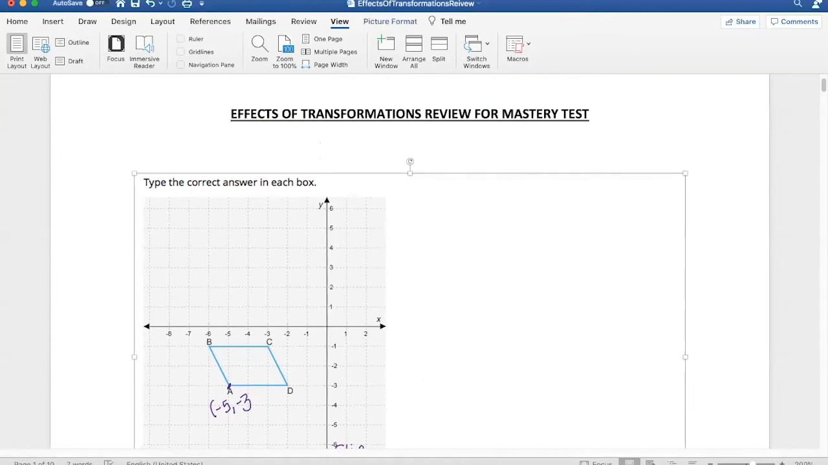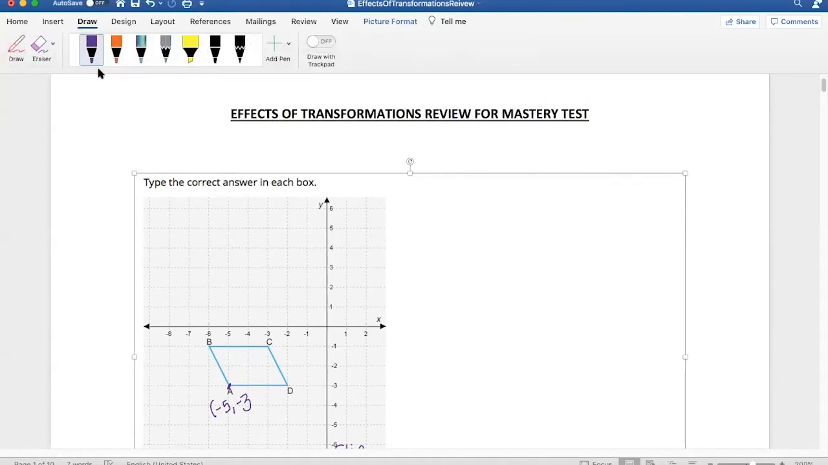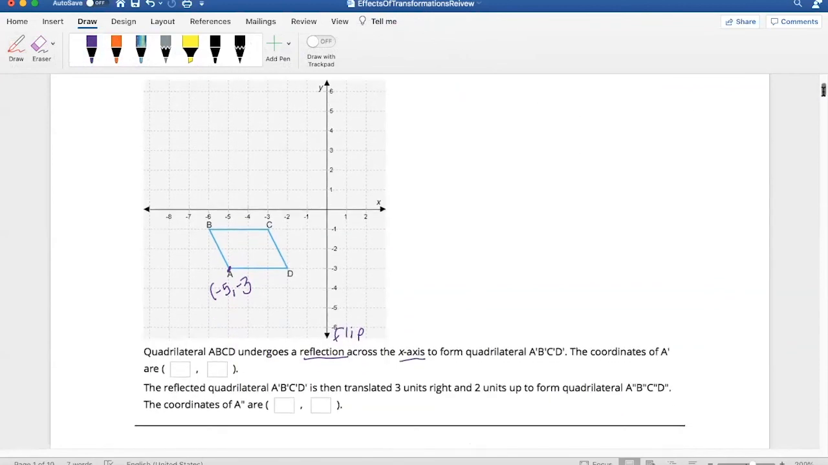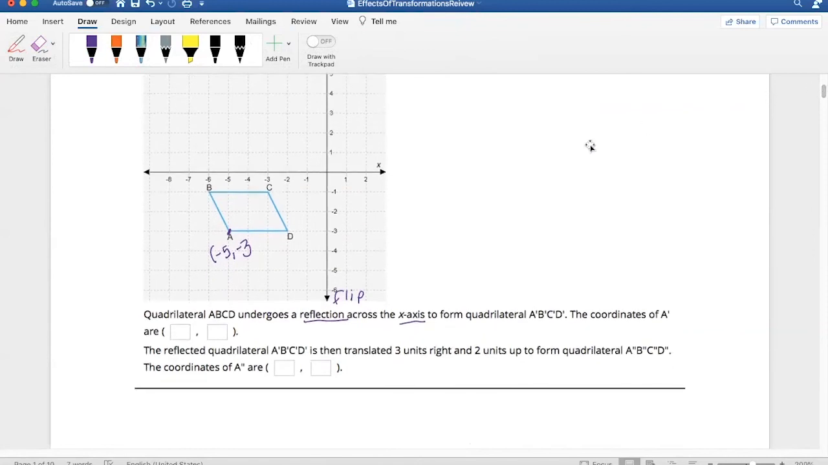as you are preparing for your mastery test. All right, so let's take a look at this first one. We have quadrilateral ABCD, and